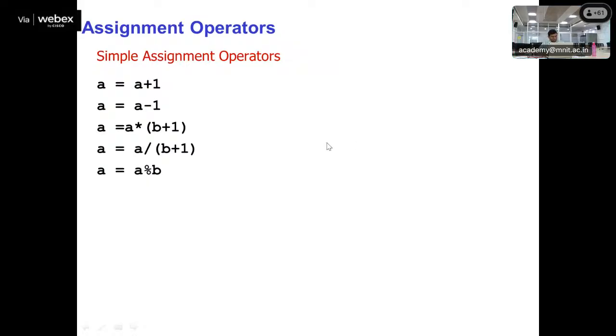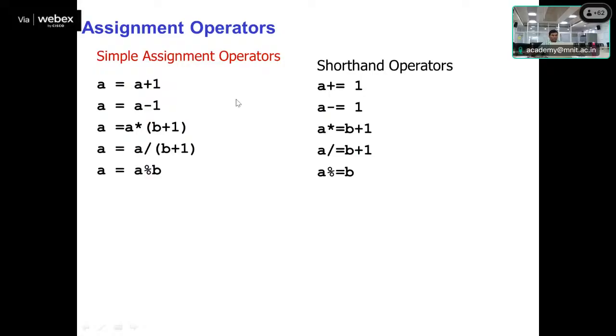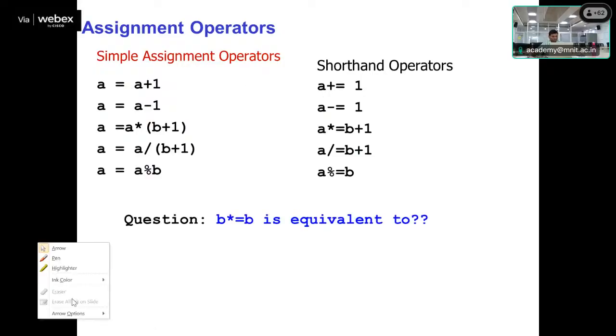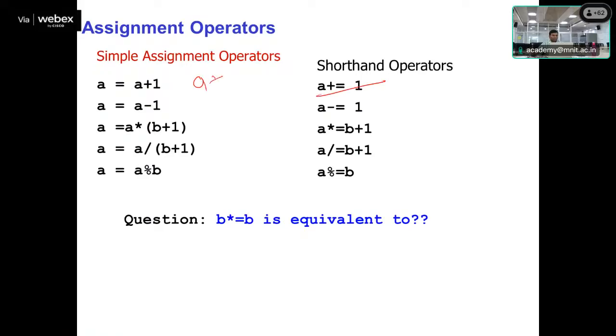Now, another assignment operator which we can write in a concise way. Basically here we can see this is given. We can write the shorthand notation for this assignment operator a equal to a plus 1 as a plus equal to 1. If you want to write a equal to a minus 1, that can be written in shorthand notation as a minus equal to 1. If you are writing a equal to a into b plus